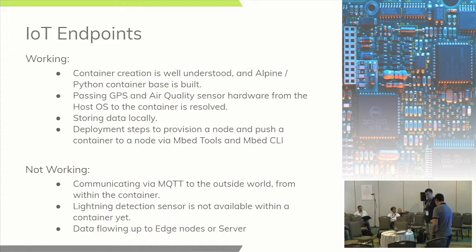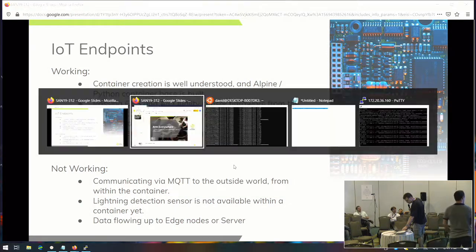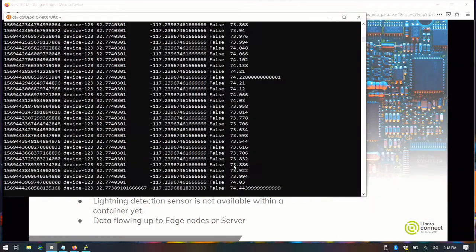It's a private GitHub repository, so there's not a lot of users in there interacting. Again, it's just early adopters that have access to it. So the point is it's been a slow process, but we have gotten to a point where container creation is well understood, and we now have the ability to